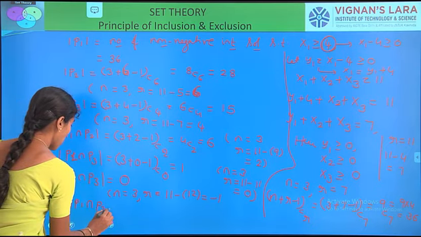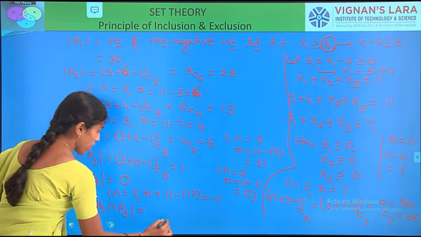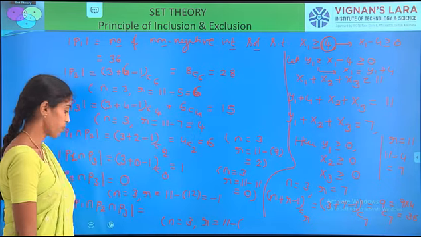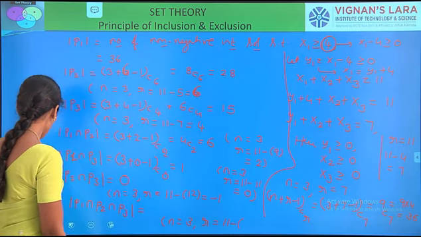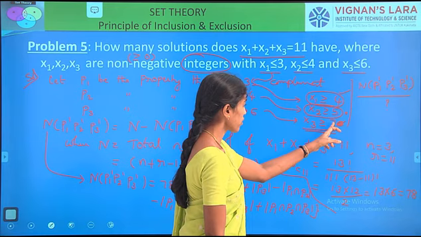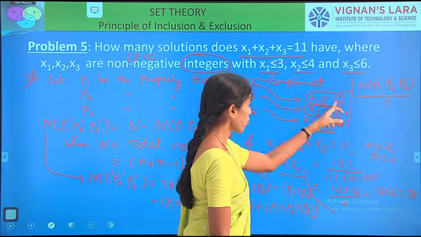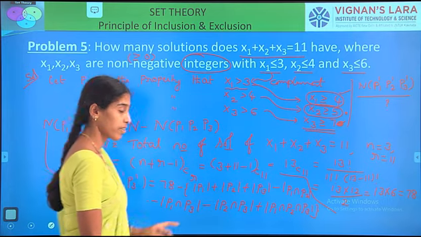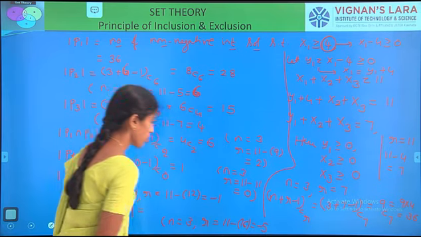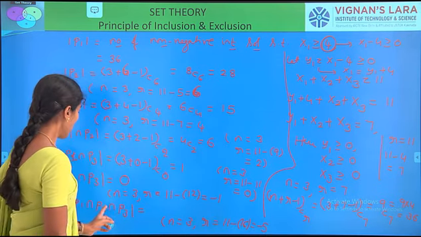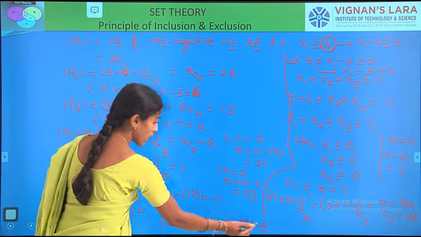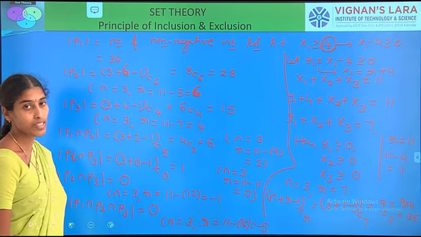Next, P1 intersection P2 intersection P3. Now we will see n value 3, r value is 11 minus of P1, P2, P3 constraints. P1 constraint is greater than or equal to 4, P2 greater than or equal to 5, P3 is greater than or equal to 7. By adding these three, 4 plus 5, 9, plus 7, 16. So 11 minus 16 is minus 5. Again r value is negative. The nCr formula is applicable if both n and r are positive, because here r value is negative. Again these three intersection is 0.